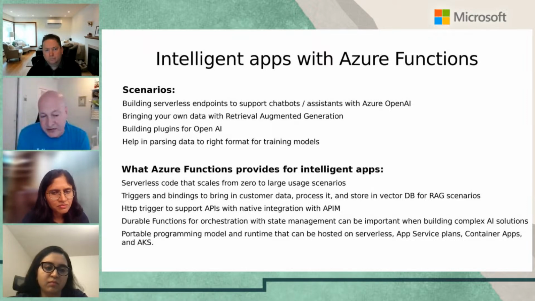But when you think about Azure Functions, one of the benefits we have is because we do this scaling all the way from 0 up to hundreds of instances, it allows you to offer this capability based on the demands of your specific customers. So you might have some apps that don't get a lot of usage during the daytime or at night, but then others that really take off and you see a lot of benefit. So you want the backend system that's supporting this to scale based on the needs of your application. And that's one of the things serverless is really good at, and Azure Functions.